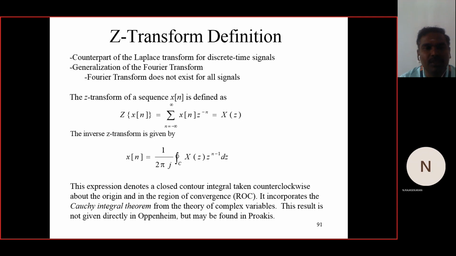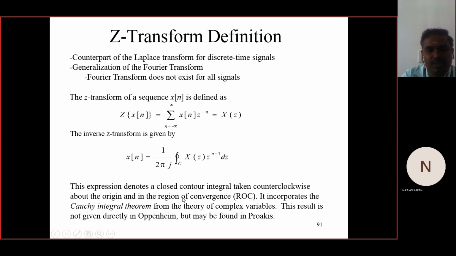If you go for the inverse Z transform, we are having x of n. In the previous case we discussed Z of x of n. Now we are going to x of n. So this Z comes here as Z inverse. So Z inverse of X of z will be the output. So x of n is nothing but 1 by 2 pi j, the contour integral of X of z, z power n minus 1 dz. So this expression denotes a closed contour integral taken counterclockwise about the origin and in